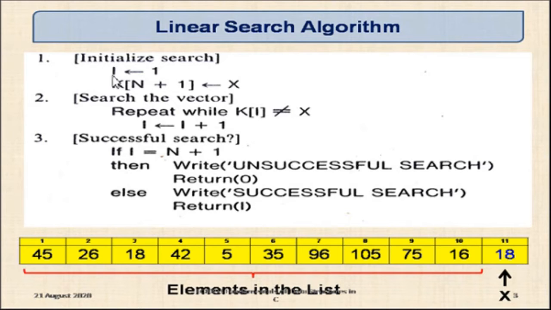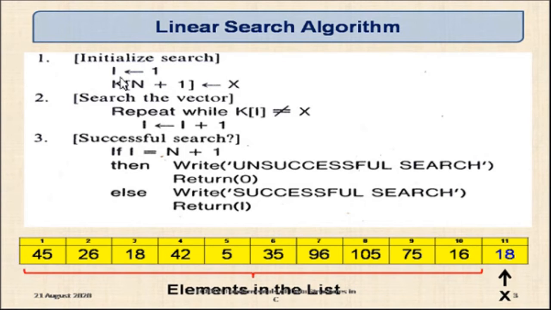In this algorithm you can see so many variables. I is the loop variable. I will vary from 1, 2, 3 up to the value of n, so that it will help us to sequentially compare the element to be searched with every element in the list. Then k is the name of the list. N is the size of the list, that is, in this example, 10. X is the element to be searched in the set of 10 elements in the list. Now let us go through the algorithm.